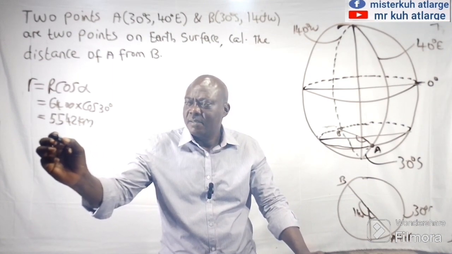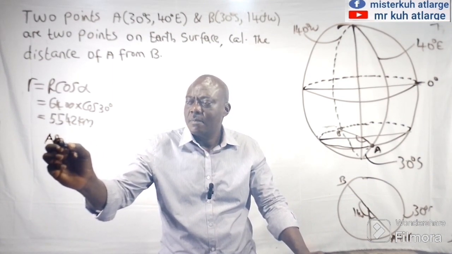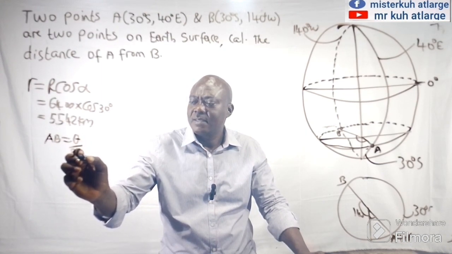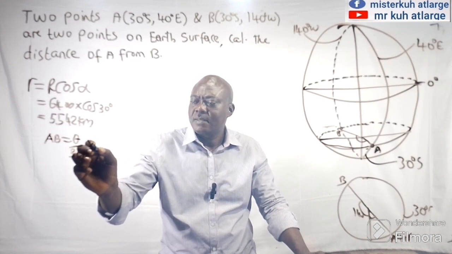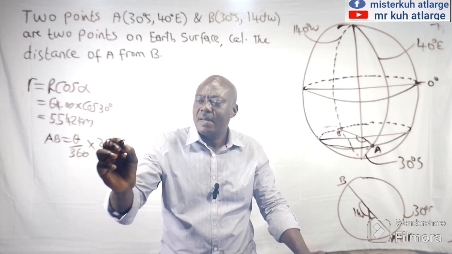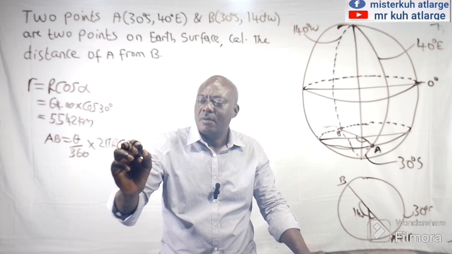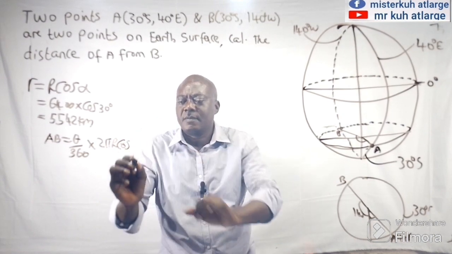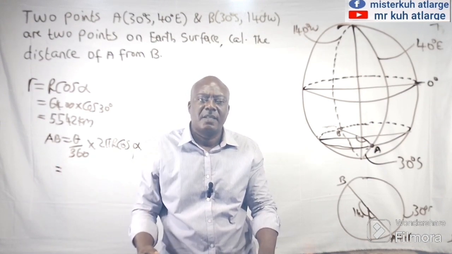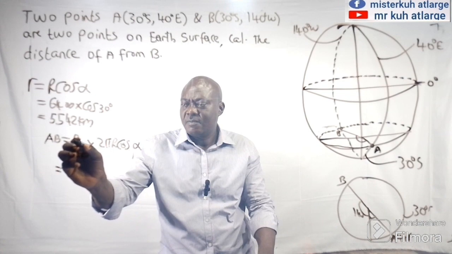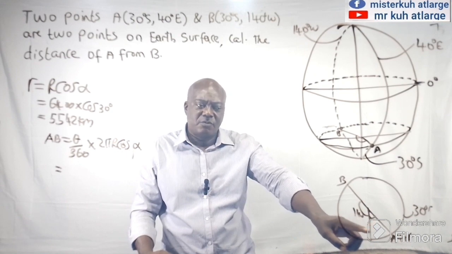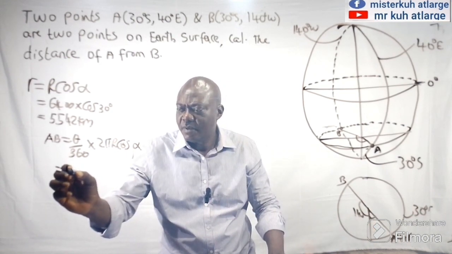What's the formula? To find AB will equal theta over 360 times 2 pi r cos alpha. So you now input the values. Here will be 140, because you add 140 plus 40 to give you 180,